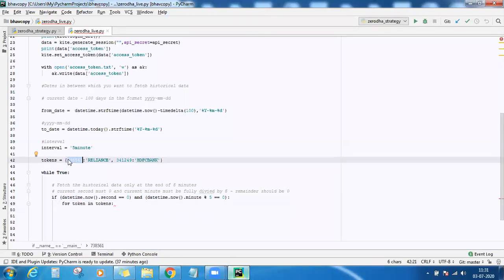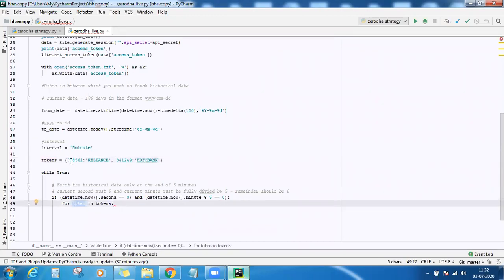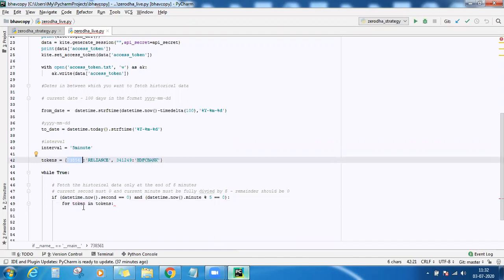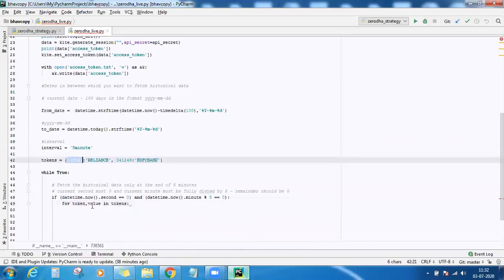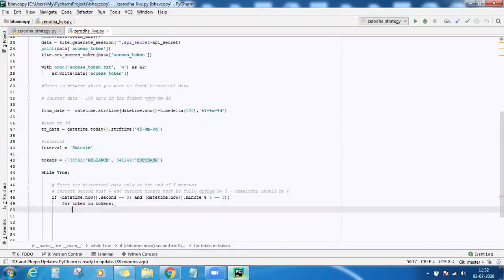Python is intelligent, it knows what type of data these tokens are. Is it a list or is it a dictionary? So when it runs a for loop, if this was a list, token will be equal to the individual element inside the list. And if it is a dictionary, token will be equal to the key. And if you supply two values here, the first one will be equal to the key, the second one will be equal to the value. So Python is intelligent enough to know that.